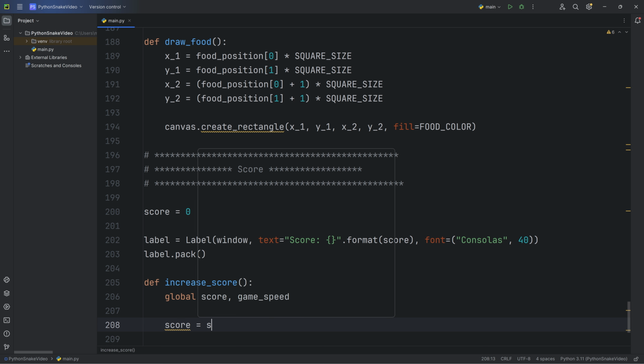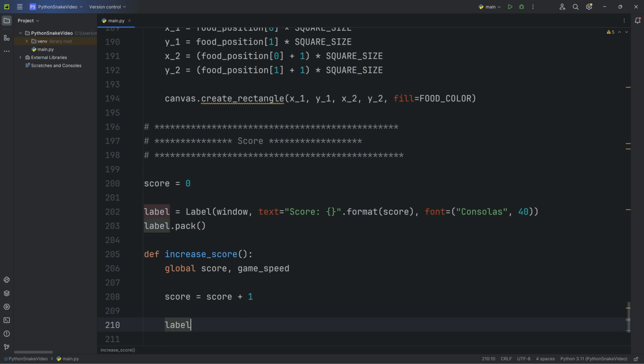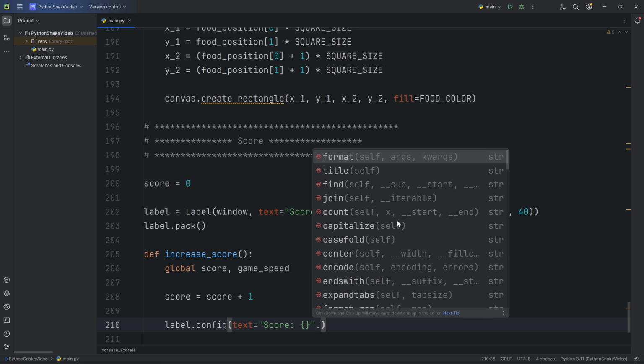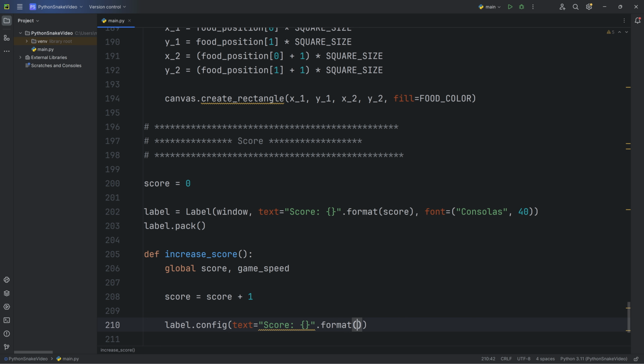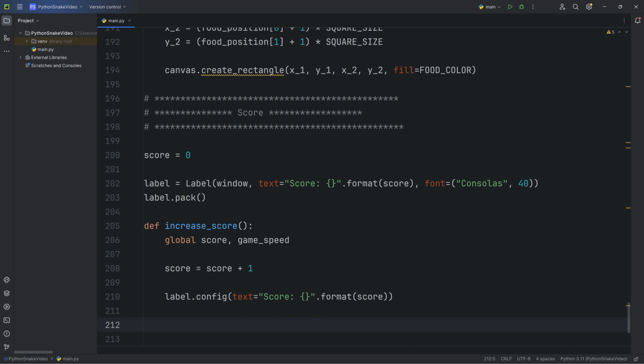Score equals score plus 1. Update the text inside the label. Label.config text equals score dot format score, and increase the speed of the game with game speed equals game speed plus 0.25.